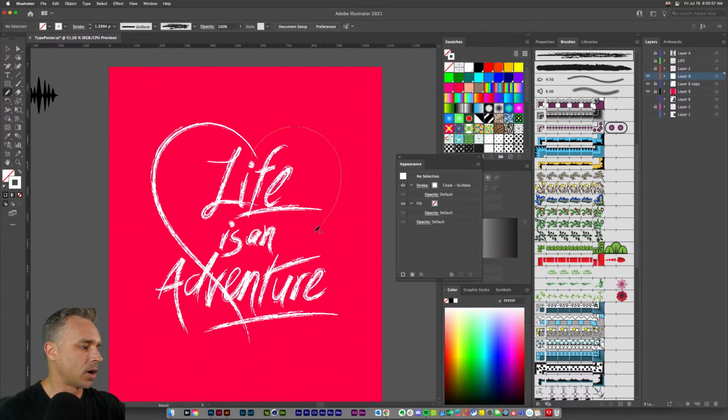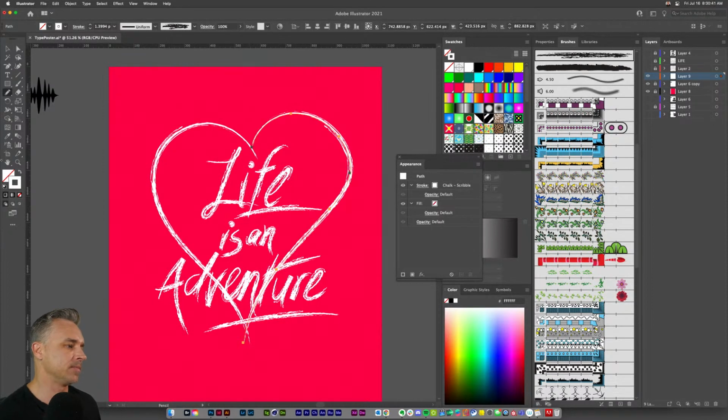So what do you guys think about the heart? Is the heart necessary? Is it adding to it? Is it adding confusion to the design? It's just unnecessary. It kind of gets in the way of the word adventure. It's almost like one of those things that I should have mapped out in the beginning. So that being said,